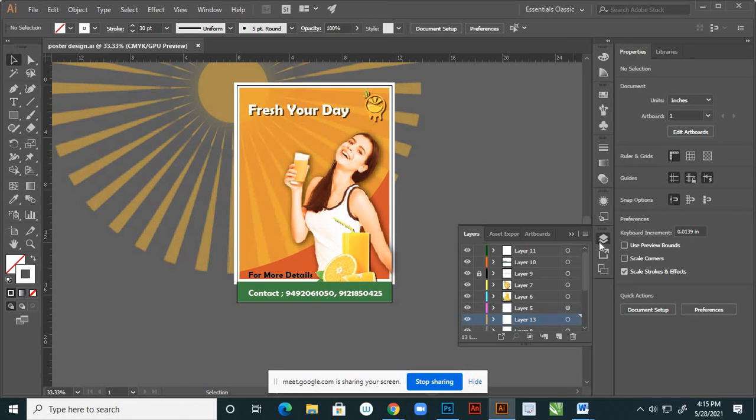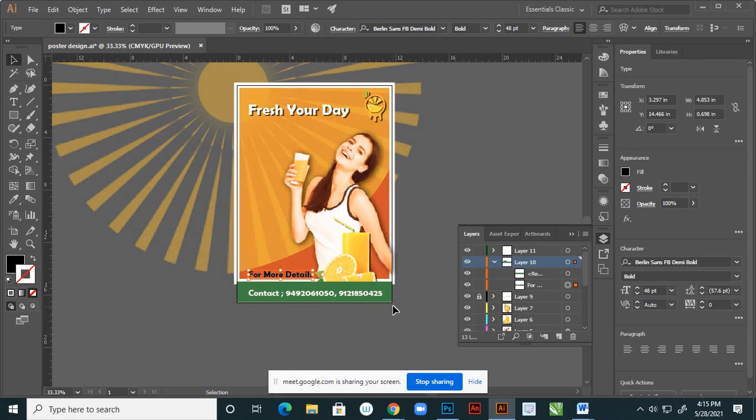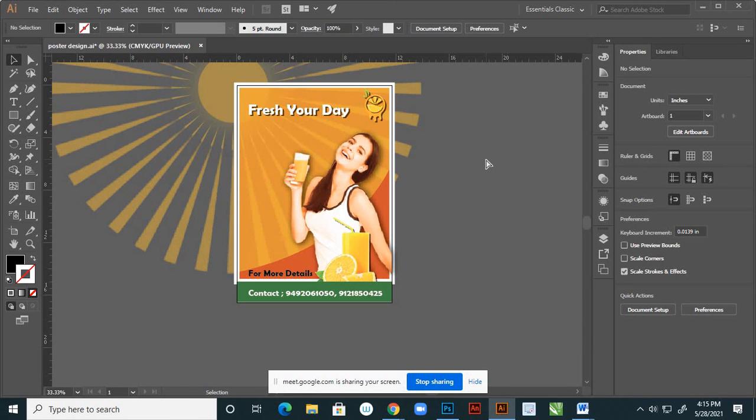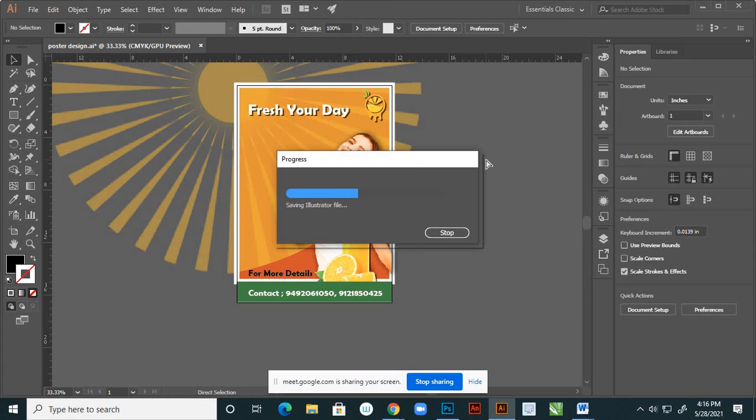Right, and suppose this text for more details is there. So this text, yeah, here. So this will move up to here. Yes, and again save this. Because when you give any changes, you must save every time. And finally